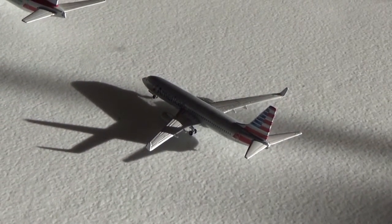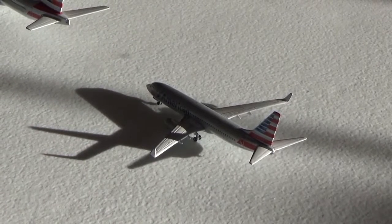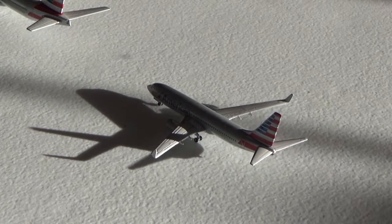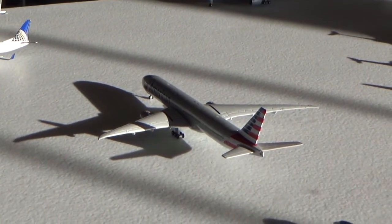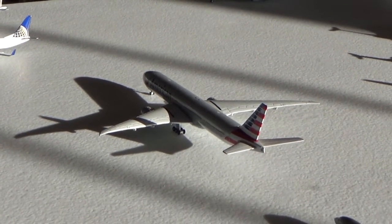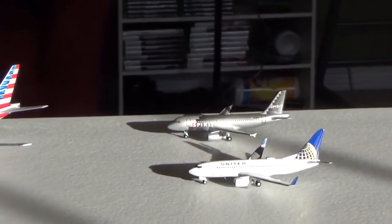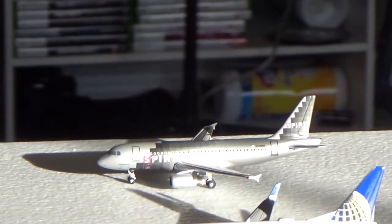American Airlines Boeing 737-800 and some absolutely horrible lighting from this perspective, of course. Heading out to Las Vegas after arrival from Cincinnati. American Airlines Boeing 777-300ER heading out to Sao Paulo. And then we have these two. Spirit Airbus A319 digital livery making the flight out to